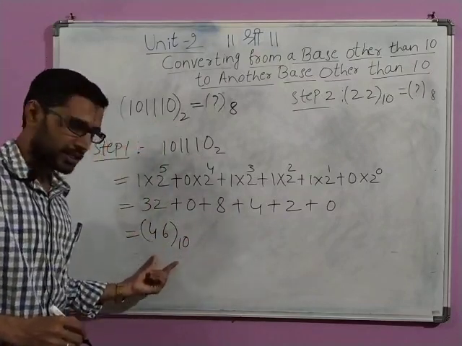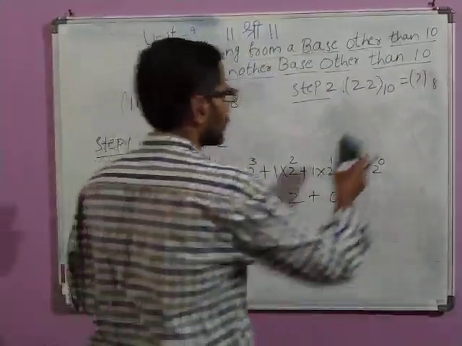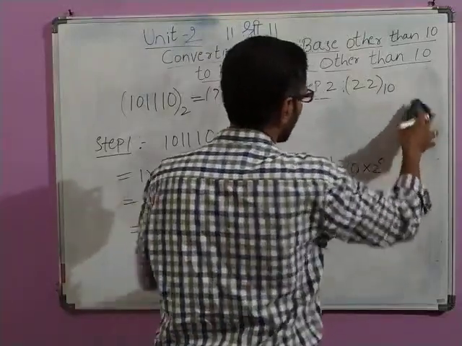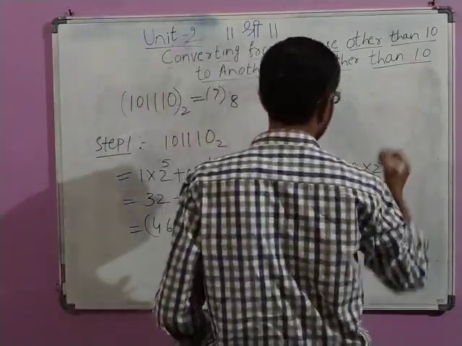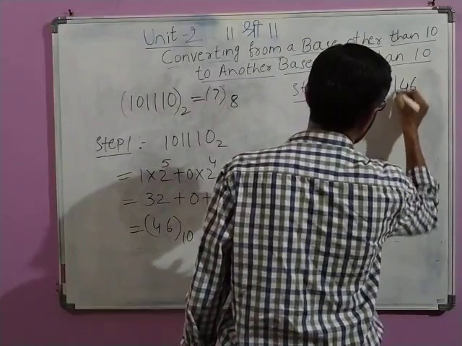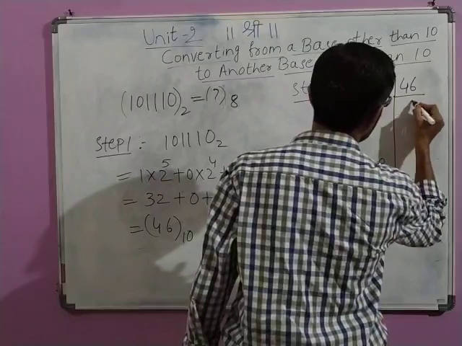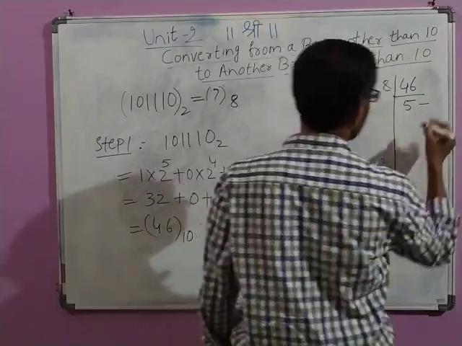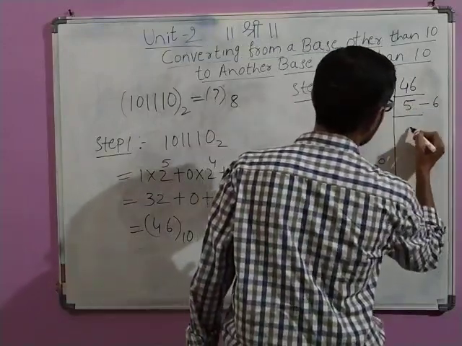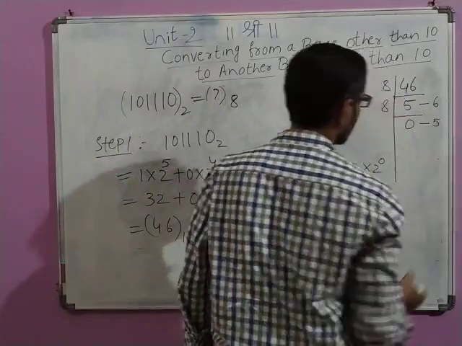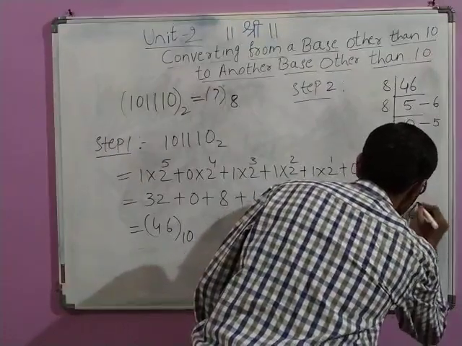Now take this intermediate result, decimal, and then convert into octal by using this divide and remainder technique. So I will not write this question mark and other things. This is just for your convenience. I will just directly take this number and solve it. So 46, go on dividing it by 8. 8 5s are 40, remainder is 6. Because I want to convert into octal and here division is not possible, put 0 and it will be 5. So the result will be 56 to the base 8.